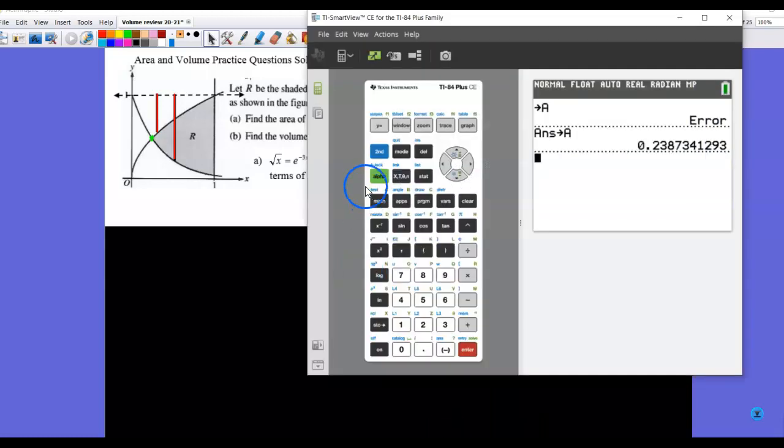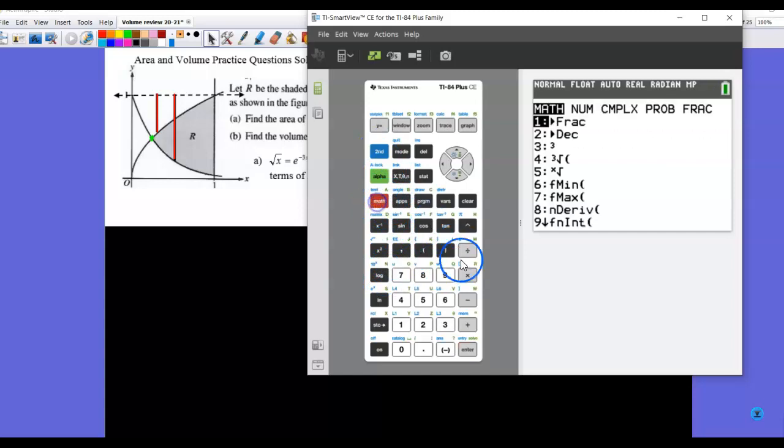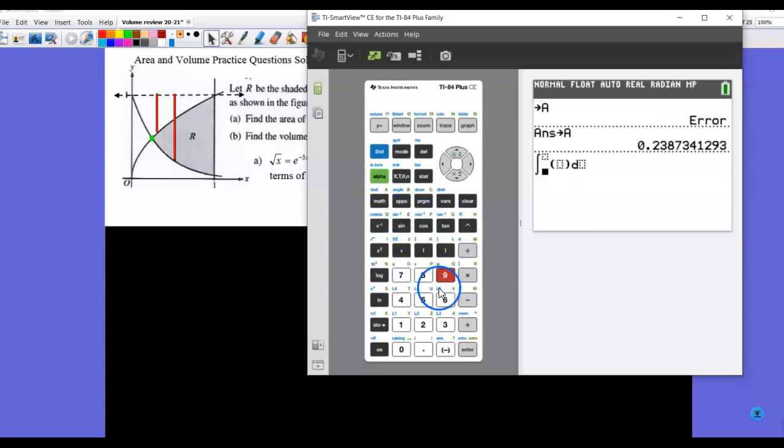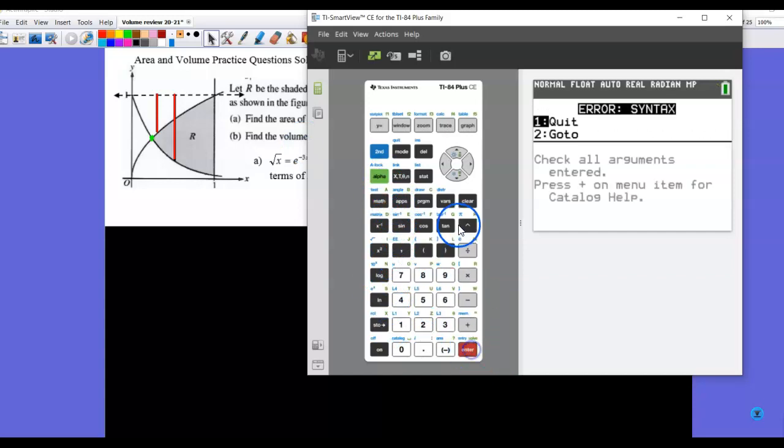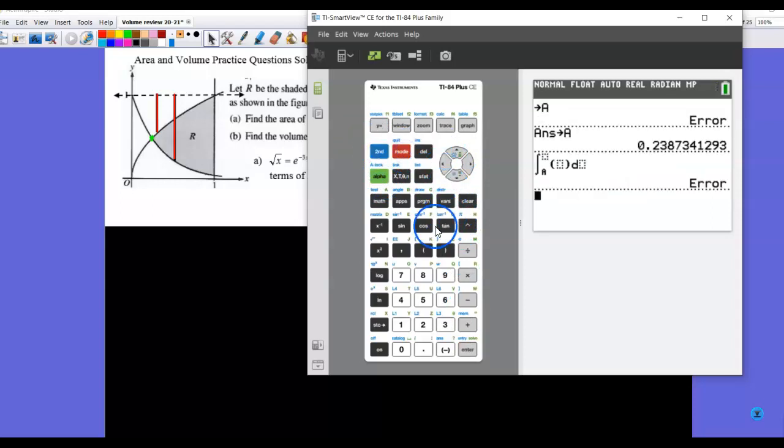So I'm going to go to my calculator. I'm going to do a math 9 because that is my integration. I'm going to go from alpha a, remember that's my lower bound. Oh, I didn't mean to hit enter. Second quit. All right, let's do that again. Sorry about that. Math 9, alpha a to 1,